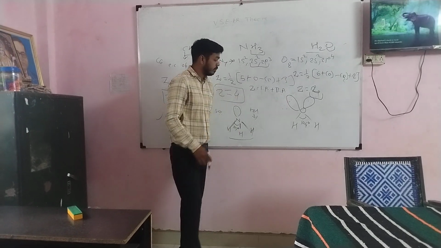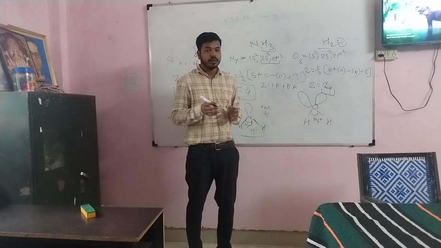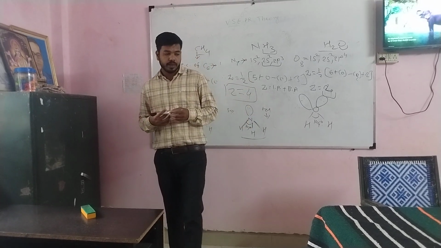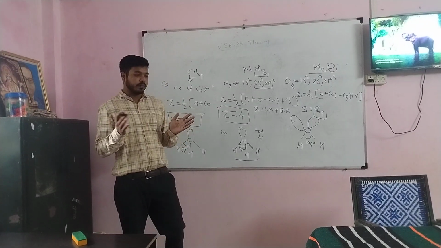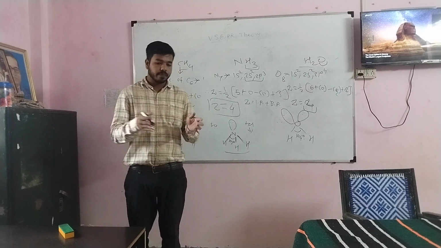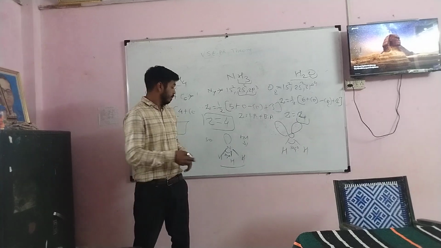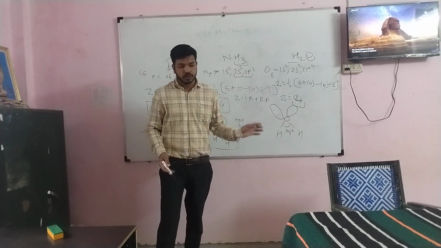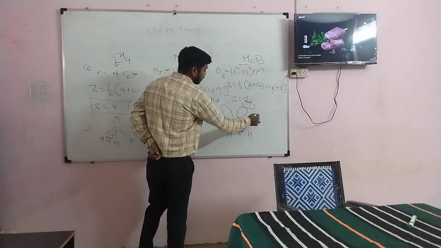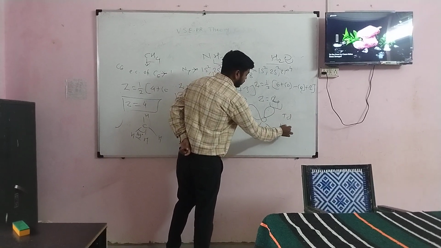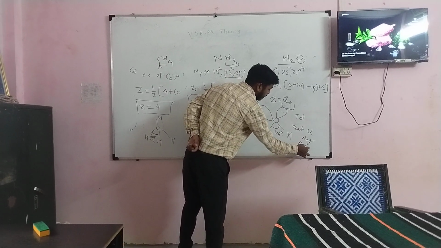And in the last example, that is H2O, in this molecule there are 4 electron pairs, out of which 2 are bond pairs and 2 are lone pairs. So due to the presence of 2 lone pairs, the repulsion between lone pairs is more. So that's why, due to the presence of 2 lone pairs, the bond gets compressed compared to the NH3 molecule, and the bond angle comes to 104 degrees. So the geometry of the molecule is tetrahedral, but the shape is V shape or angular shape or bent shape.